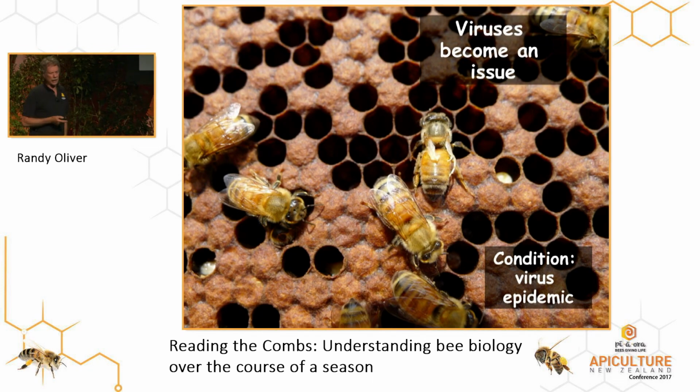What happens is when that varroa infestation rate gets up there, viruses become an issue, either the paralytic viruses or typically the deformed wing virus. So you start getting epidemics of deformed wing virus. And we watched deformed wing virus evolve. We used to see a lot of deformed wing bees. Now we don't see so much. What we typically see is the pupae and the prepupae starting to die. Don't see very many bees with deformed wings. They don't make it that far.